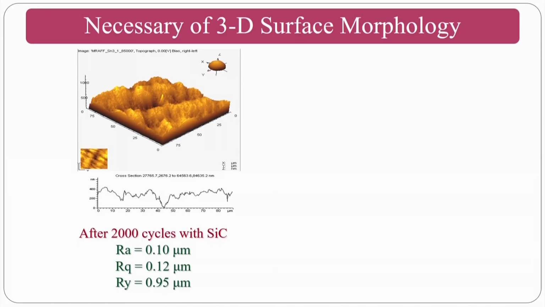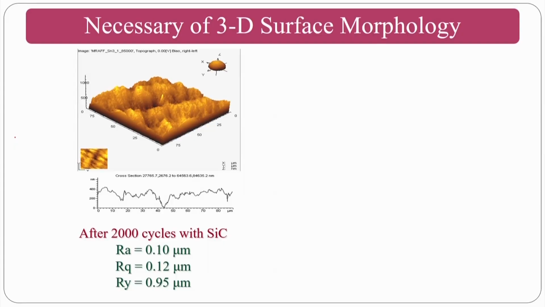Assume that I have two surfaces of surface roughness x, then can you use both the surfaces in the practical application? Maybe, may not be. For that purpose, I will show you one example which is finished by the MRAFF process. That process you will get in the upcoming classes, where magnetorheological finishing and abrasive flow finishing principles are clubbed. Okay. So, whenever you are going to study about the magneto-abrasive flow finishing process, you will get magnetorheological abrasive flow finishing techniques. These are the two surfaces finished by magnetorheological abrasive flow finishing.